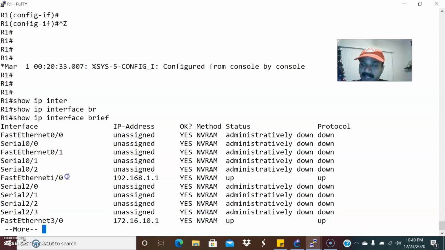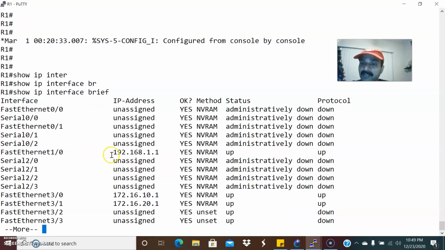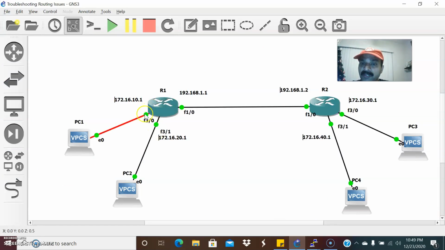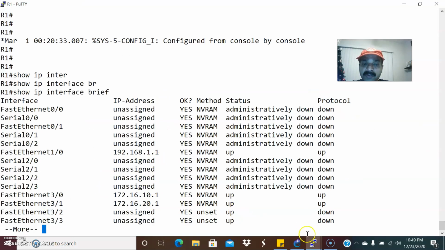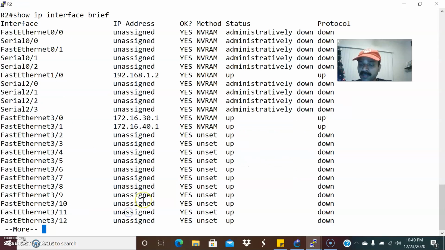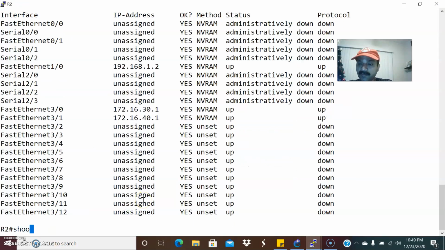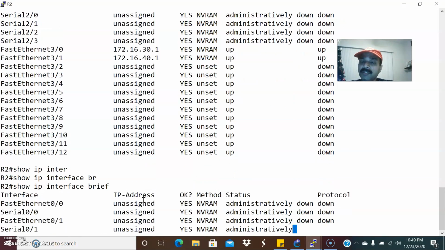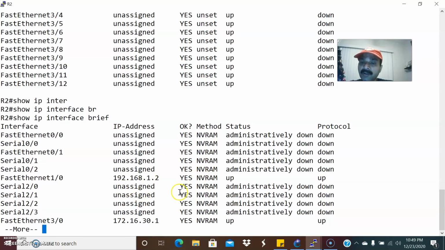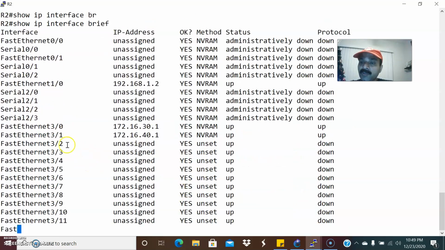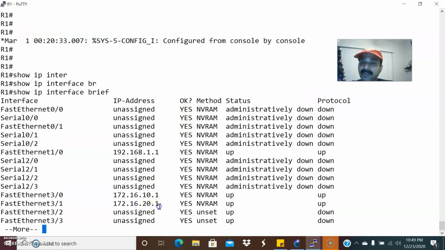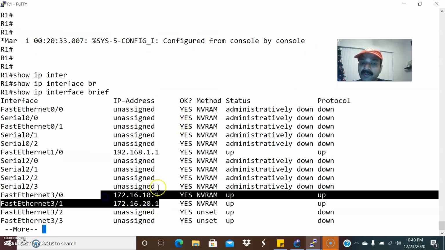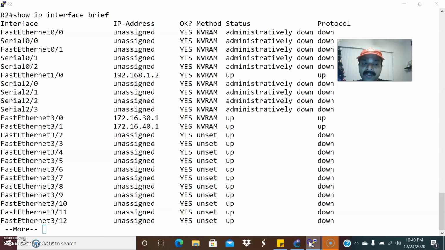So we are able to see the directly connected interfaces, all are up, right? FastEthernet 1/0, and we have to see these corresponding interfaces, right? So all the interfaces are coming up. Similarly, let us go to R2 and check the interfaces. Show ip interface brief, right? So you are able to see all the FastEthernet 1/0 interfaces and the corresponding interfaces connected to hosts are up. These are the gateways for PC3 and PC4. So all the interfaces are up.